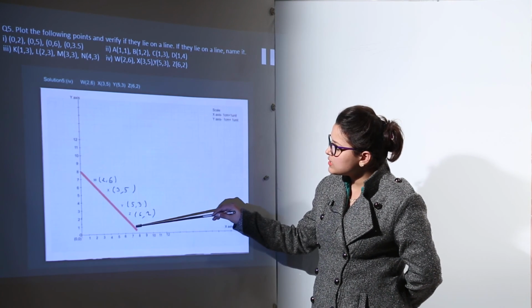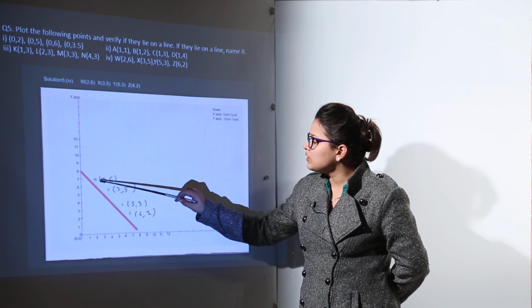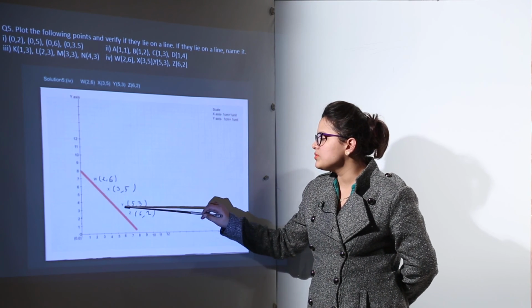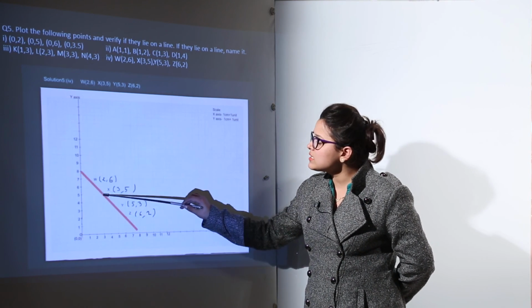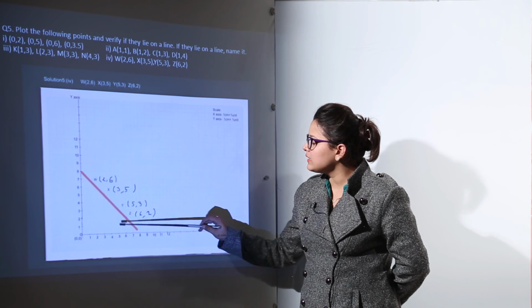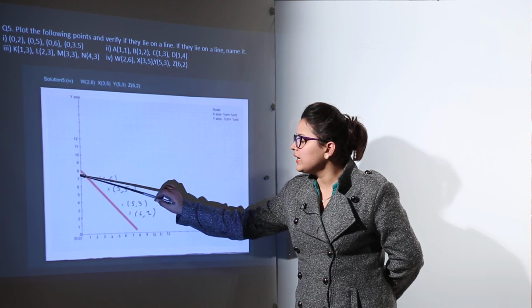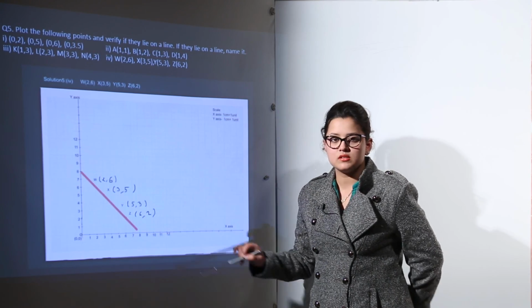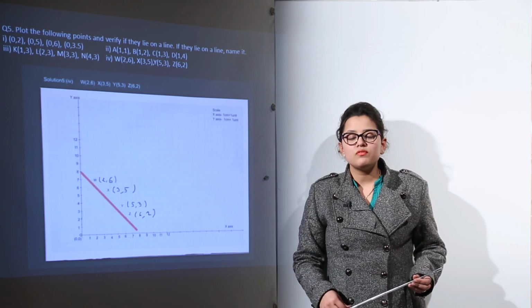Let us see in this way. Now this straight line is, how would you name it? You can name it as anyone, WZ, WY, WX, anyway, and this line is crossing or intersecting the x axis and y axis both at 8 and 8 respectively. So this is how you can plot the points and verify it also.